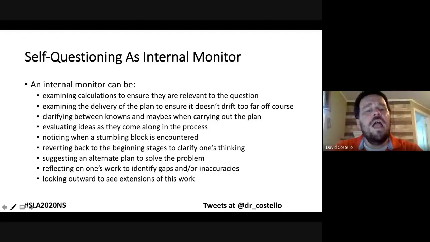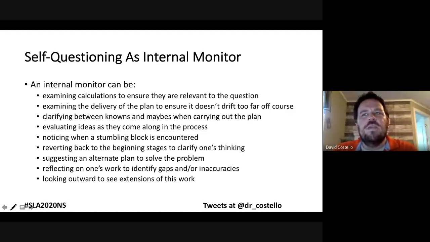Perfect. And now, here is my question that I would like you to think about: do we highlight these in the classroom? Do we bring explicit attention to these? Or is this something we assume students do? Because when I see some of these questions, I see them only coming out in the consolidation part of the lesson. There's a misconception that we only do some of this self-questioning at the conclusion of the process. And what I want to argue is that this is something we do throughout the process.